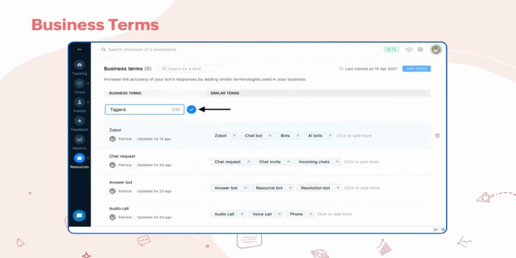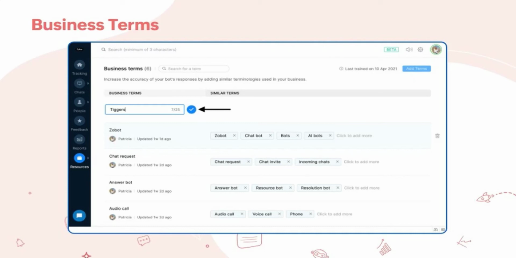And then you have business terms. These are a collection of similar jargons or terms used in different fields that convey the same meaning. Adding more terms to the business terms module can train your answer bot to respond more accurately to visitors' questions. Business terms can be best understood using an example. In Sales IQ, we have renamed the website module as brand. So if an old user asks the answer bot how to change website settings, it might not respond with the right article. But if we associate the term websites with brands in business terms, the bot is going to fetch the answer to the how to change brand settings article. It's as easy as that.